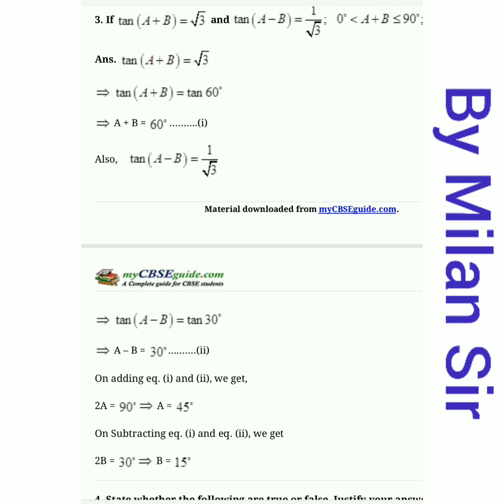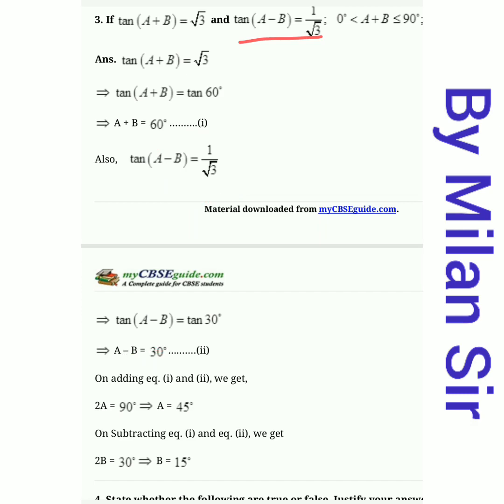Otherwise we can also consider this. When tan(a plus b) is equal to under root 3, for which value of the angle is the answer under root 3? It is 60. So from that also we can say that a plus b is equal to 60, right? Now consider our second thing, tan(a minus b) is equal to 1 upon under root 3. Now same thing. Whenever tan gives the answer 1 upon under root 3, the angle is 30, so a minus b is equal to 30.